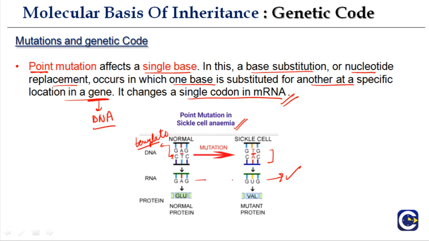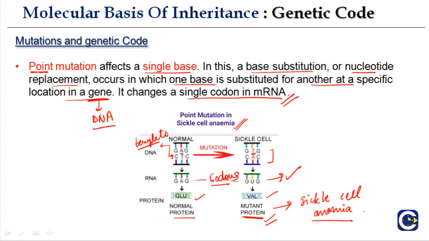So these are the codons, triplet sequences that code for amino acids. GAG codes for glutamic acid, whereas GUG codes for valine. And even a single amino acid can make a lot of difference to the protein structure. So here will be the normal protein and here will be the mutant protein, because of which there will be sickle cell anemia. So you see, just a change in one amino acid, just a point mutation in DNA, will result in a mutant protein that will result in sickle cell anemia.